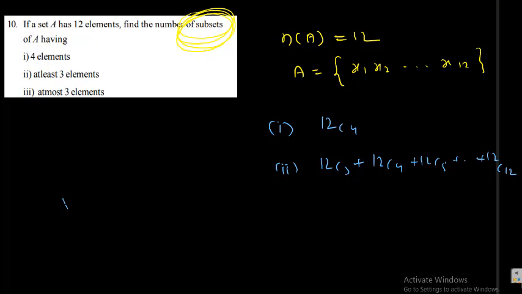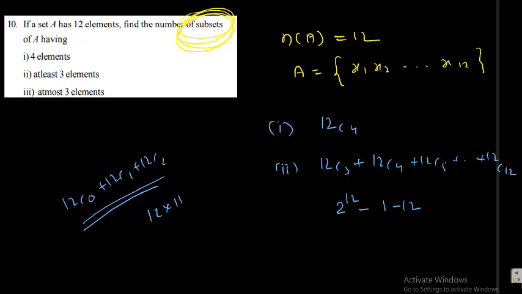How to simplify, I will show you. Actually, in front of that we want 12C0 plus 12C1 plus 12C2, and the total of all is 2 power 12. So now what I can say is this is nothing but 2 power 12 minus 1 minus 12 minus 12C2. 12C2 means 12 by 11 into 1 into 2, which is 66. So 66 plus 12 plus 1 is 79, which we should subtract. 2 power 12 minus 79 is the answer for the second problem.